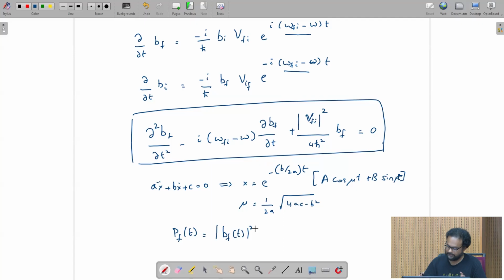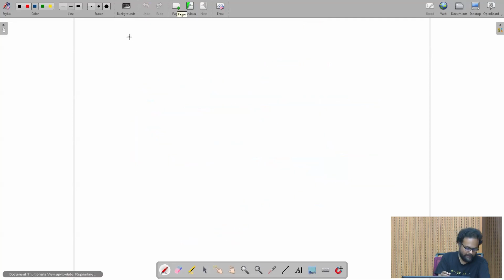Now, again, it's a bit more mathematically cumbersome. In my notes, I have tried to do that. If you are interested, you can go over this. I'm going to write the final-looking equation. So if I make appropriate substitutions in this solution of the damped harmonic oscillator and calculate the square, I'm going to write out the final equation. My P_f of t is going to look